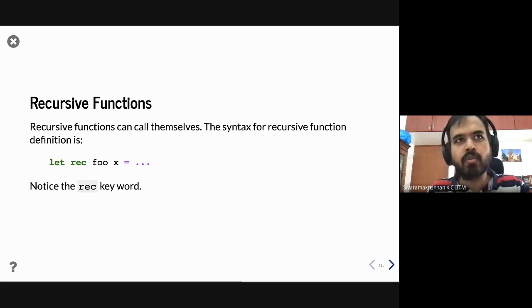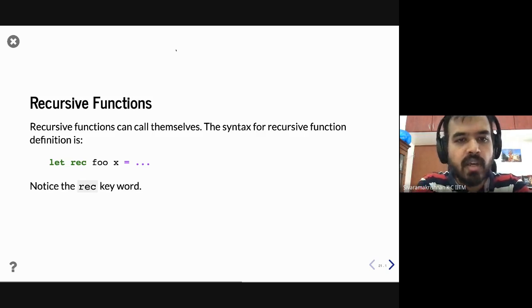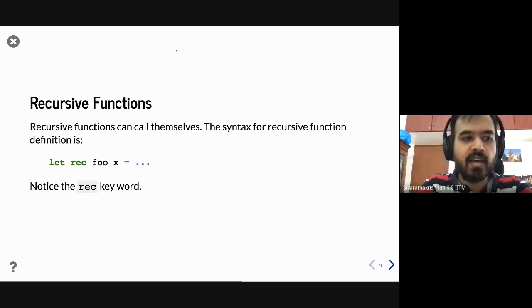But now I want to focus on doing something which we do often in mathematical functions, right? We write recursive functions in mathematics often, and it would be nice to write recursive functions in the programming language as well. And OCaml does allow recursive functions.